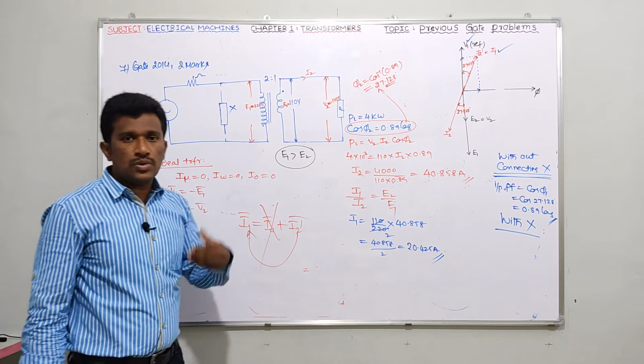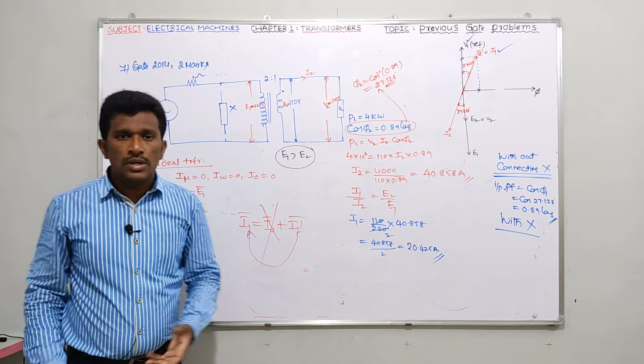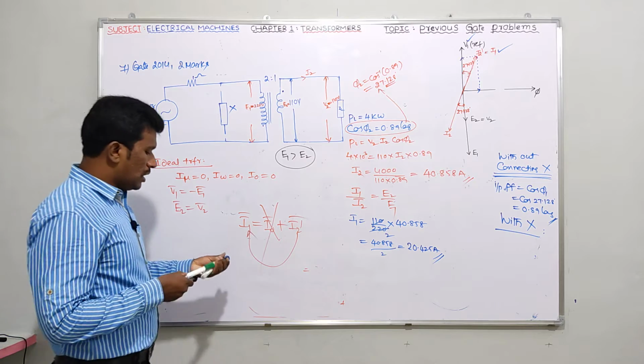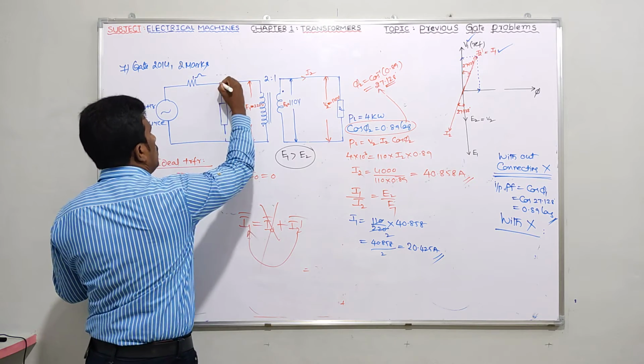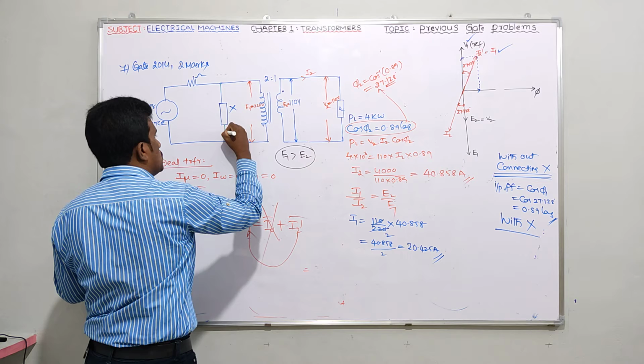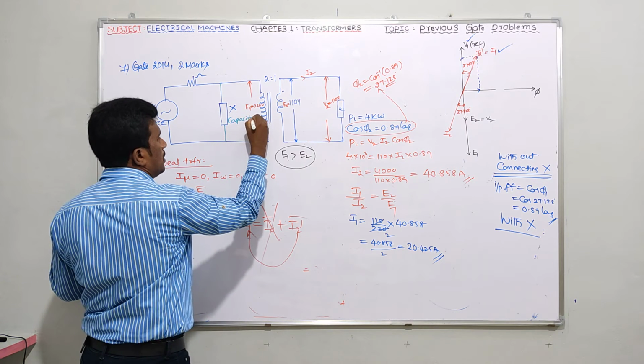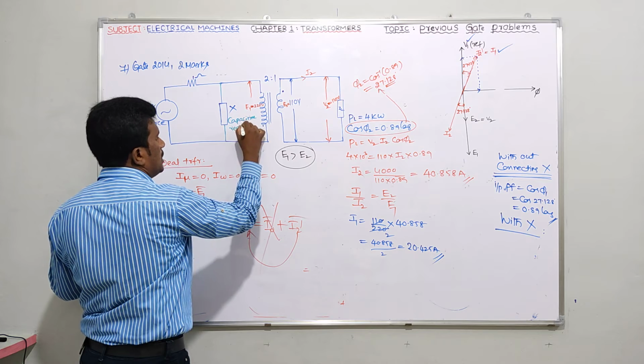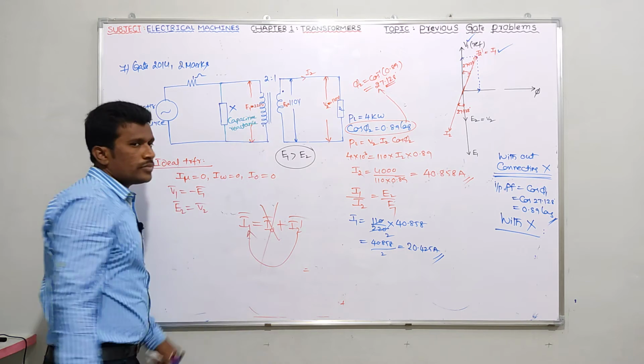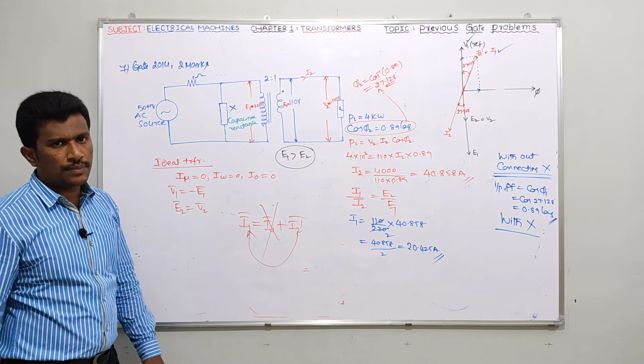Generally a capacitor is used for improving power factor, no? So indirectly you have to confirm in your mind that you have to assume this as a capacitive reactance only. It's capacitive reactance only, because I need to improve the input power factor. That means definitely a capacitor should be there.